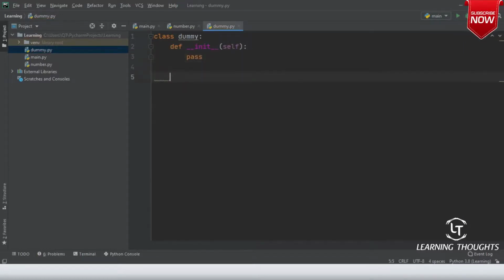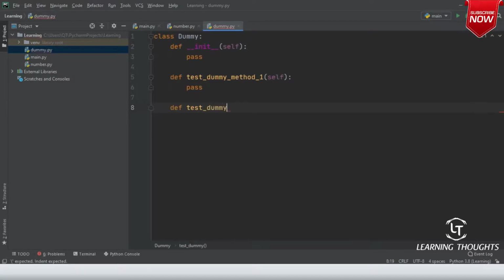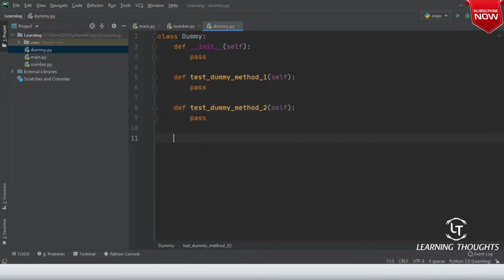I'm not writing anything, just some dummy methods. Def test_dummy_method_one, pass. Pass means I'm not going to implement any code over here. I'm just writing some stuff. Def test_dummy_method_two, here also I'm writing pass.